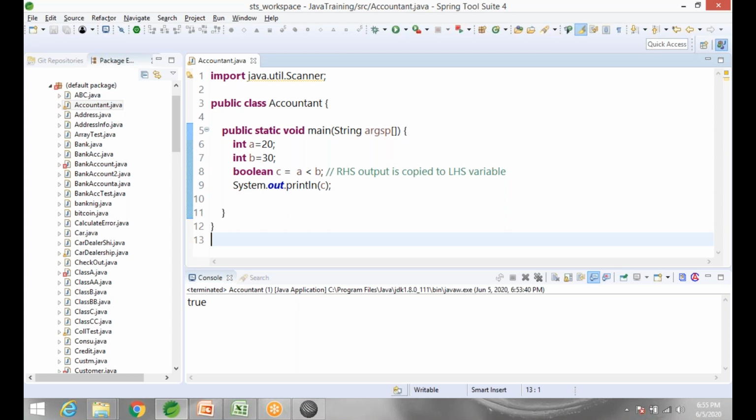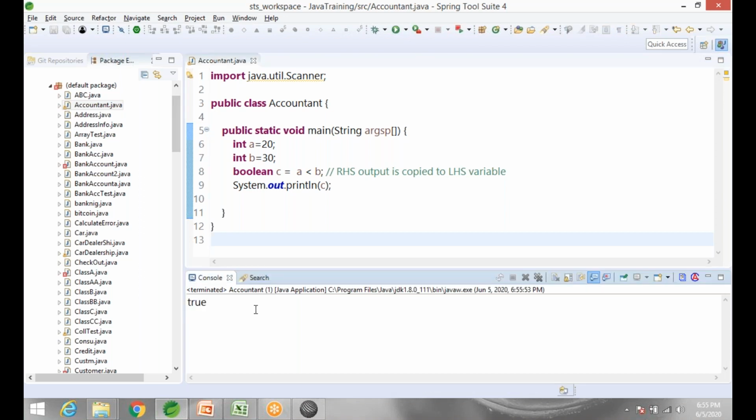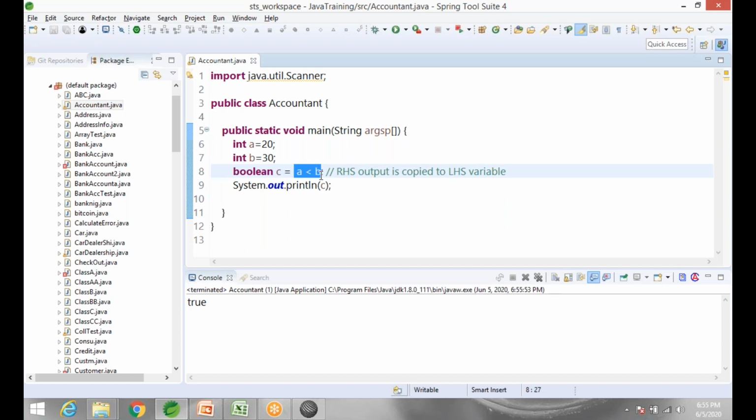On the right hand side, we have A less than B, whose output will turn out to be true. That gets copied to the left hand side, the variable C. So remember the output of a relational operator is